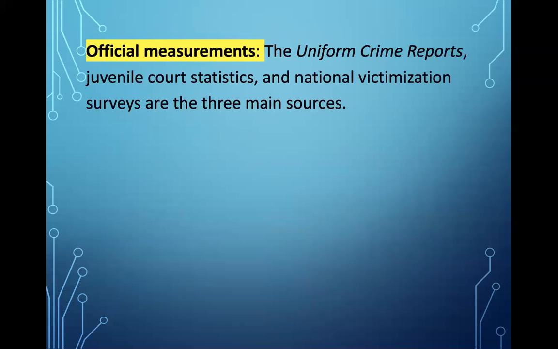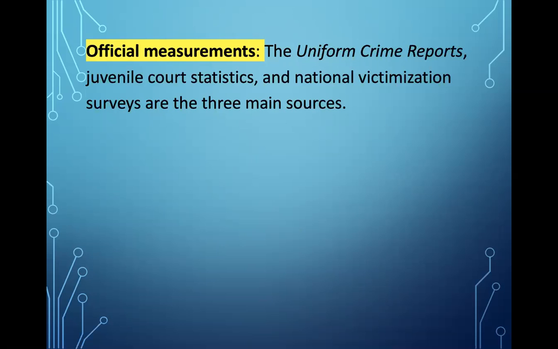We have so many different acronyms out there these days. Everybody has an acronym for everything. But just like the FBI has been around for a while, the UCR has been around, and it is the Uniform Crime Reports, and it's where your law enforcement agencies report statistics to the FBI. And it's not just juvenile statistics, it's all different kinds of statistics, but they do report juvenile court statistics, and they get